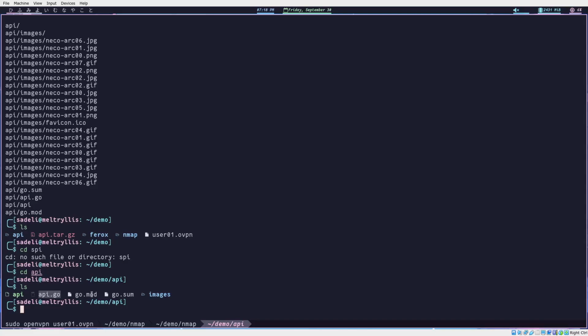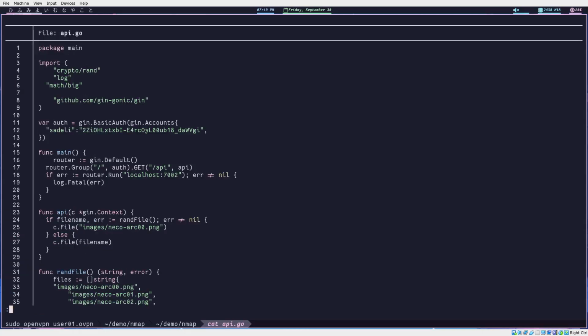So let's take a look at api.go because these are just Golang project files. This looks like a binary. Let's read this main file. So I'll cat api.go. So yep, this is a main function, typical Golang project, and it looks like we have